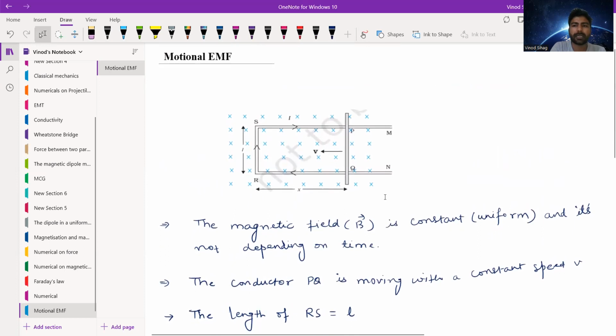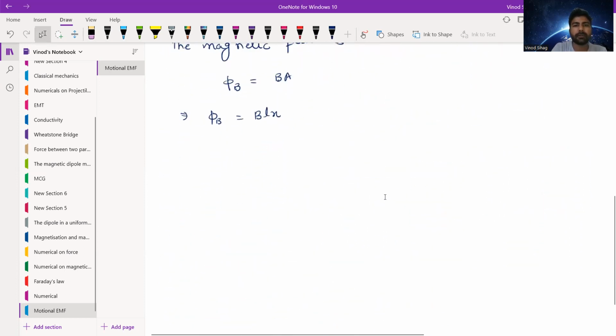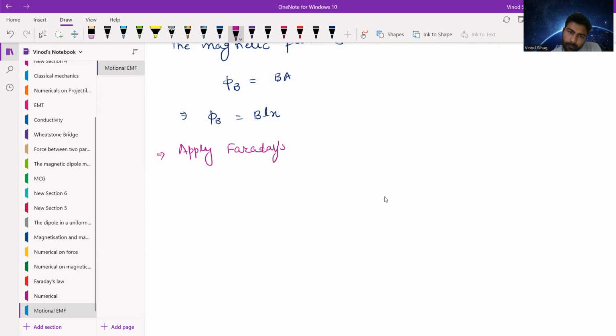Now we will apply Faraday's law of electromagnetic induction. So according to that, what will be the induced EMF? The EMF will be E equals to minus d phi b upon dt. This will be the EMF. Now we will place the expression for phi b and then finally we will get the expression for EMF. So EMF is minus d upon dt